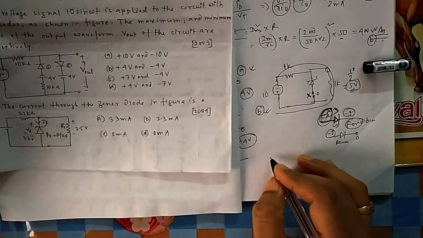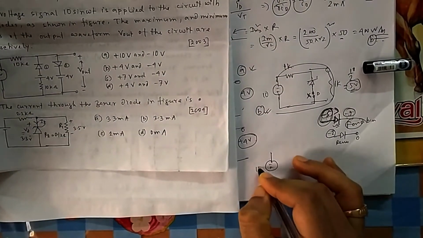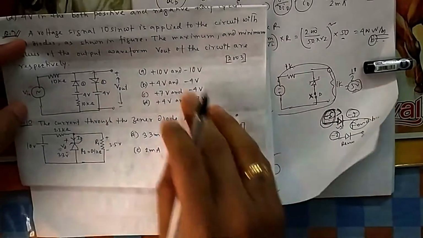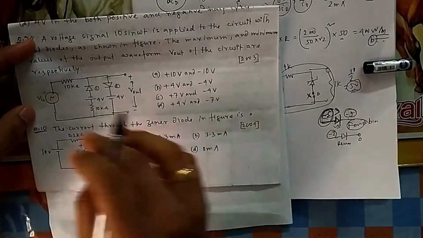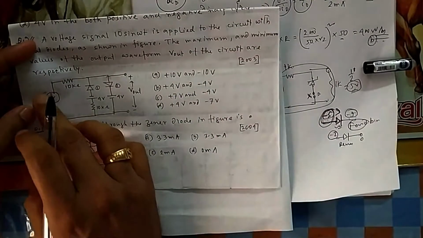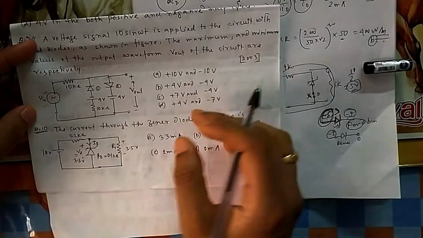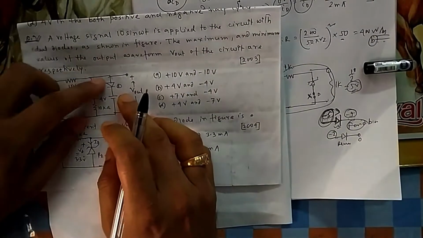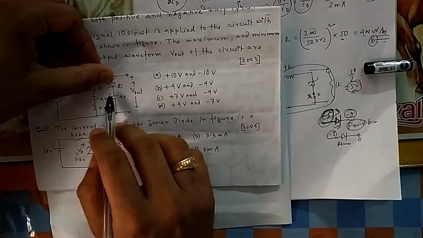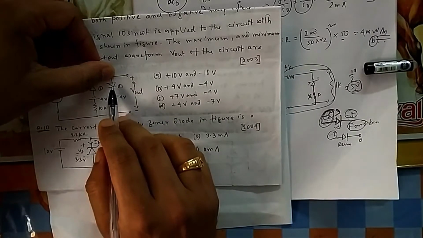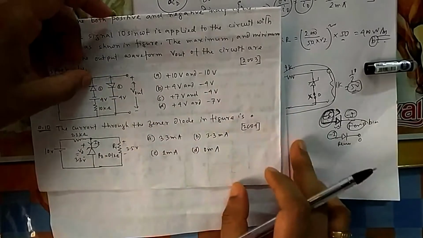Now if I go for the negative one, minus plus, suppose this is 10 volt. Now if this is minus, you always check the maximum value. That's why I am giving the maximum voltage and checking what the maximum is, because at maximum input you will have the maximum chance of getting maximum output. So if I give minus now, this side is minus 10, this side is plus 4. So obviously this will be reverse bias, because this side is always less than this. So no need to draw this one. Now let us come to this one.